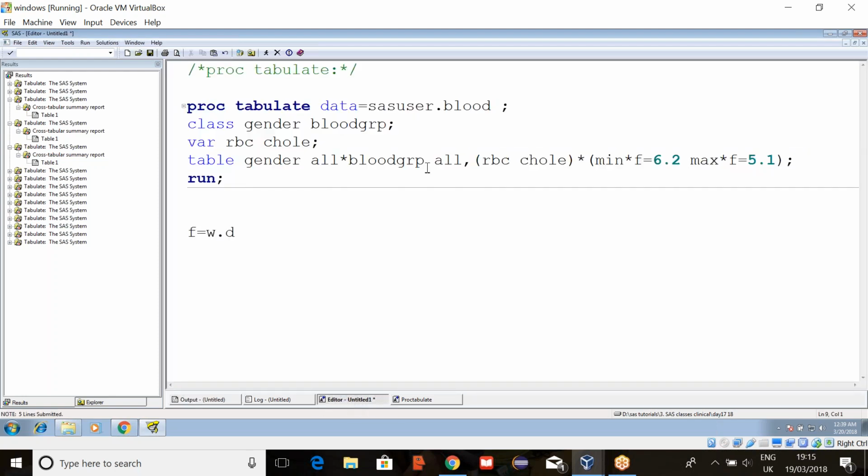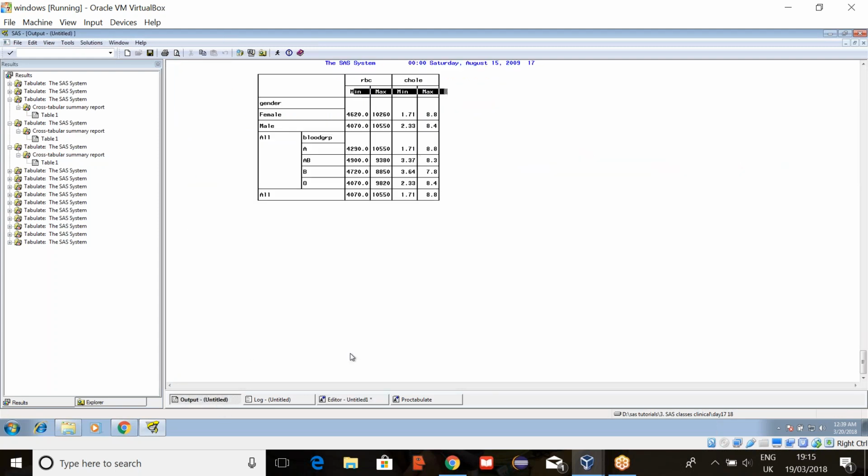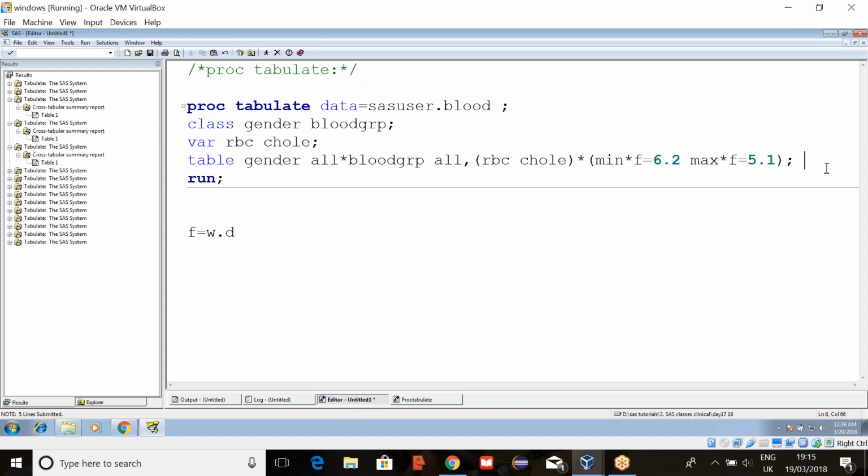Okay, and I can rename these value names by just writing key label. Do you guys remember the syntax of a label statement? The same thing, but instead of label, you have to write key label.